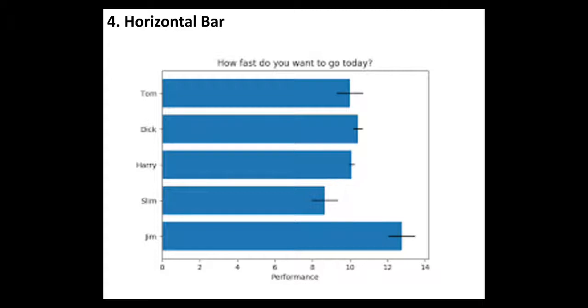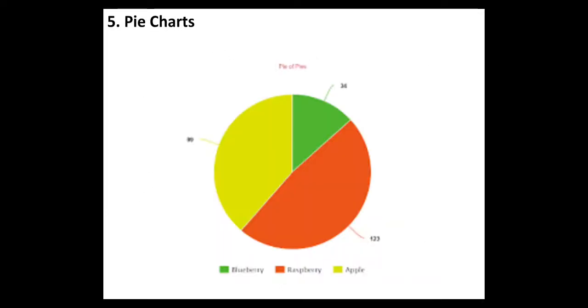Once again, here it is similar to the vertical bar charts, and the major difference is that whenever the number of categories or groups is more than 10, we usually prefer horizontal bars, and if the categories are less than 10 groups, we go for vertical bar charts. The horizontal bar chart is shown in the image.